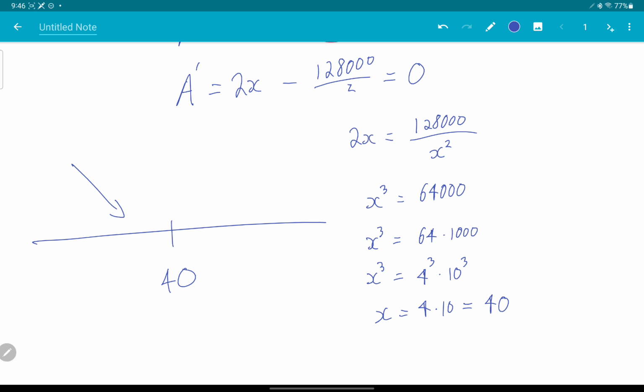And if I plug in something over here, how about a billion? Plug in a billion. You're going to get big number minus small number, positive. Okay, so I do have a min